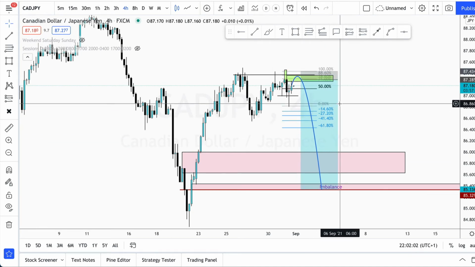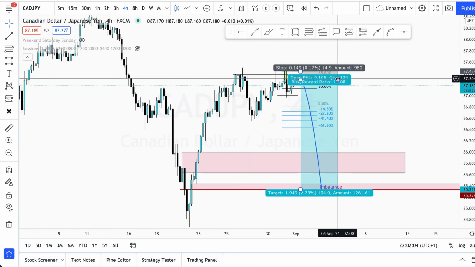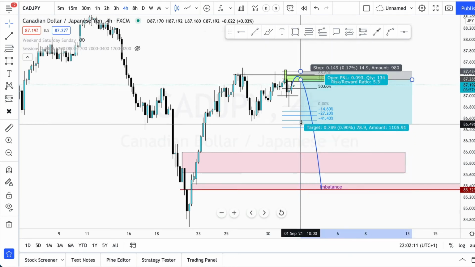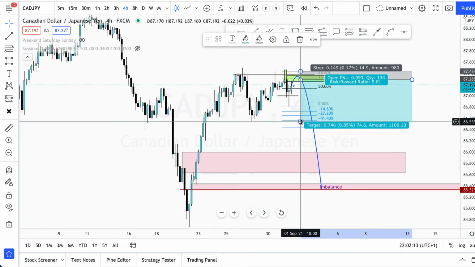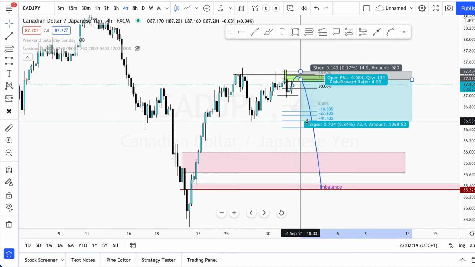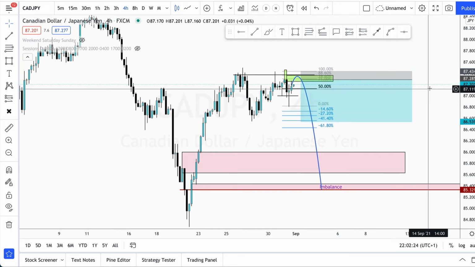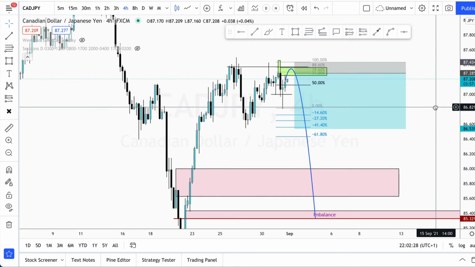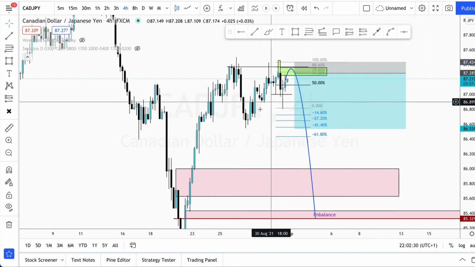Now that is a, let's just drag it over here, it's a 1 to 13 trade. Okay. Now we could just take it to the lows here, which is a 1 to 5. Or we could take it all the way down here. In fact, what I'm going to do on this trade, 1 to 5 is the minimum that I look to take. I'm actually just going to take a 1 to 5 on this trade, because